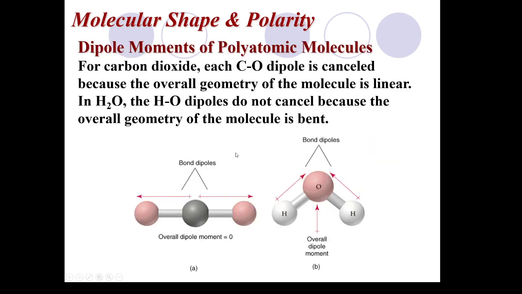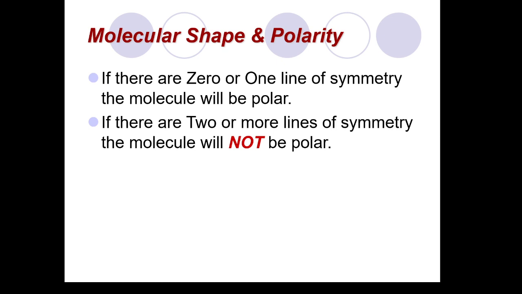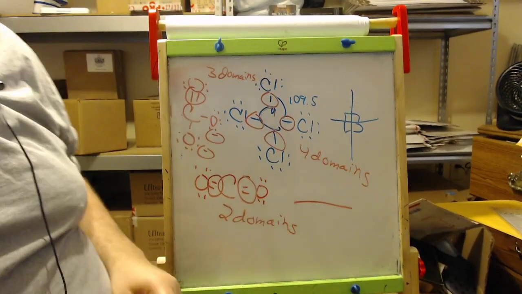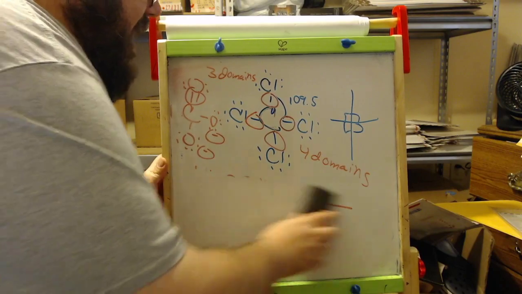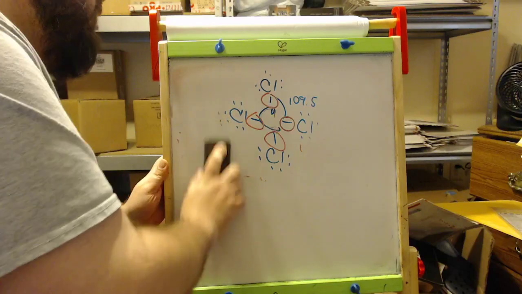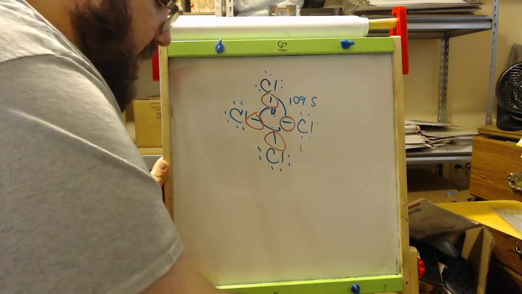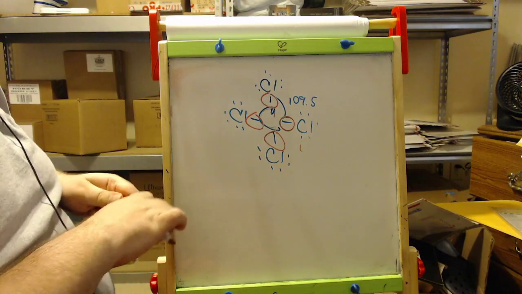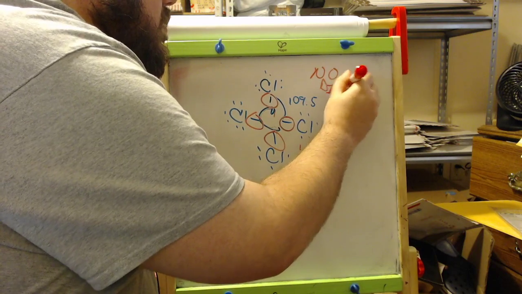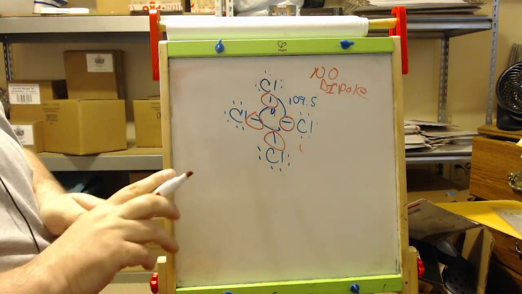Okay. Molecular shape is going to play a role on whether I have a dipole moment or not. Okay. And here's where the importance comes into play, guys. I need this in order to figure out if I have a dipole moment. Now, carbon and chlorine. Chlorine's winning that tug of war. Chlorine should be the more electronegative. Carbon's going to lose. However, this is a no dipole moment. Okay. How do I know? Okay.